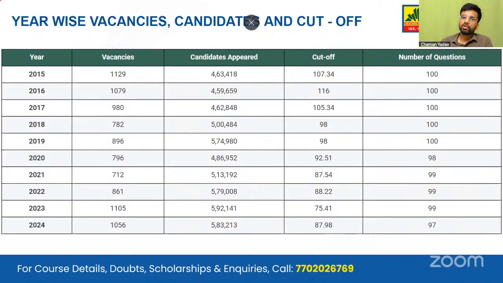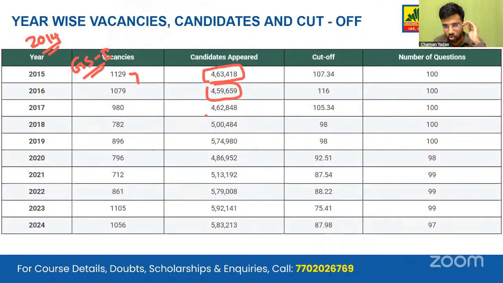Yeah, so we have also compiled over the last 10 years. Till 2014, the marks of CSAT were also added in the prelims cutoff. So after 2015, the merit list is based only on the performance of the GS1 paper. Earlier we used to see that vacancies were high. In 2015, 2016, the vacancies were high. The number of aspirants that appeared was relatively low as compared to those.